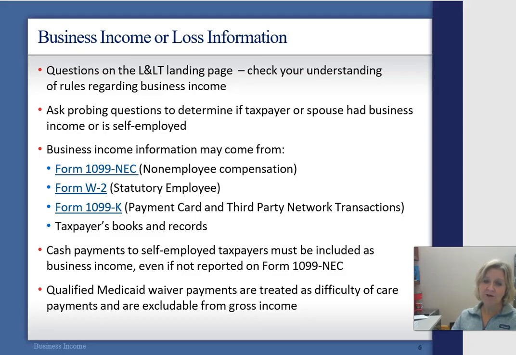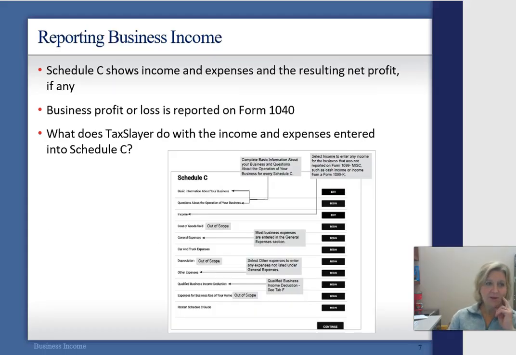Cash payments to self-employed taxpayers must be included as business income. And even if it's not reported on a 1099 NEC, that does have to be reported. So when you get into TaxSlayer, you can go into Schedule C, and you can see on this slide here basic information about your business. You have to answer questions about operating the business, the income, and